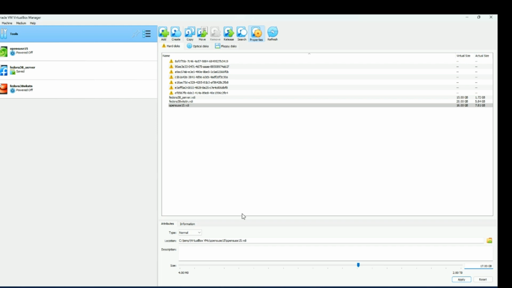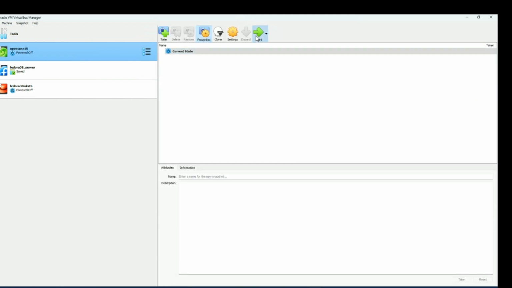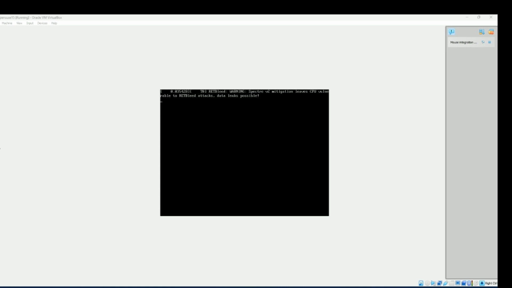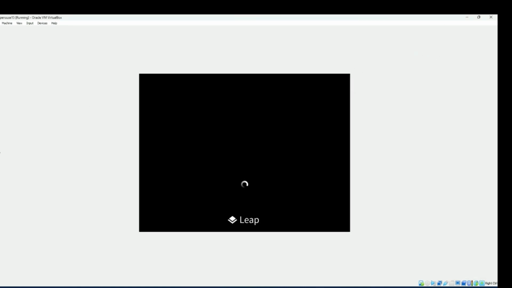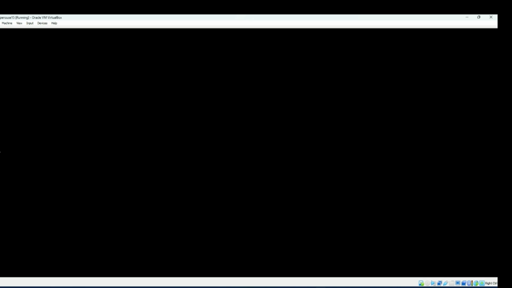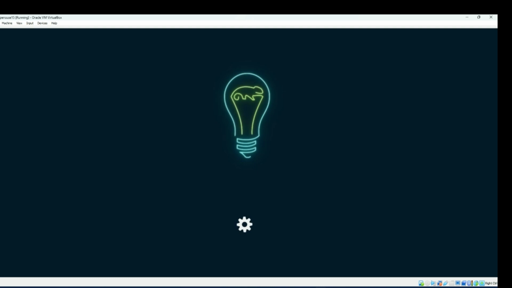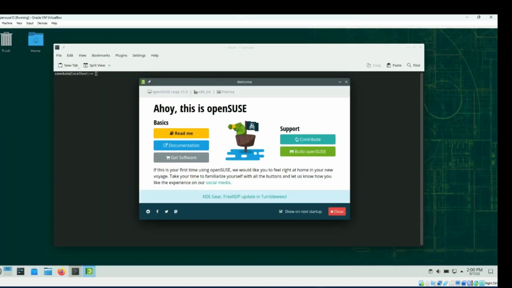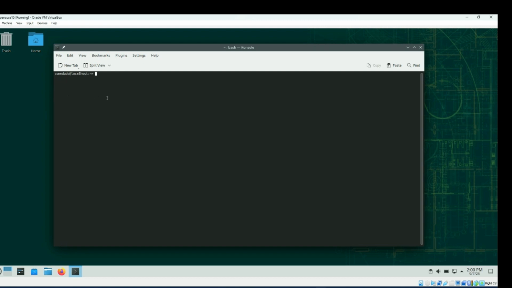So there are 2 steps involved. If you're using a virtual machine, one is to expand the virtual disk, and the second step is to expand the actual operating system. So we're going to apply this. Looks good. Now we're going to start this up again. And we'll take a look. df -h